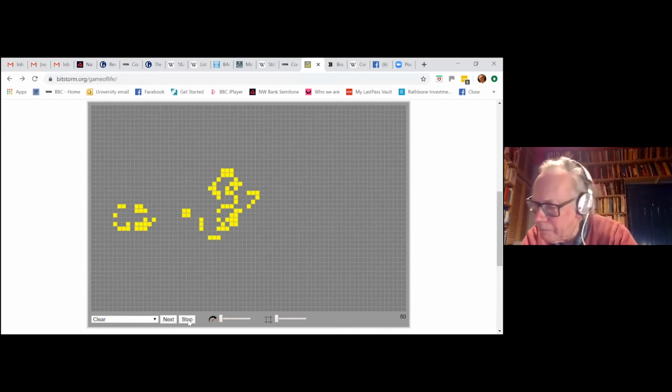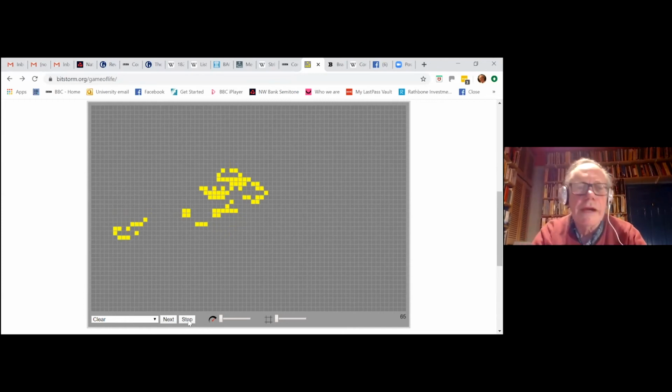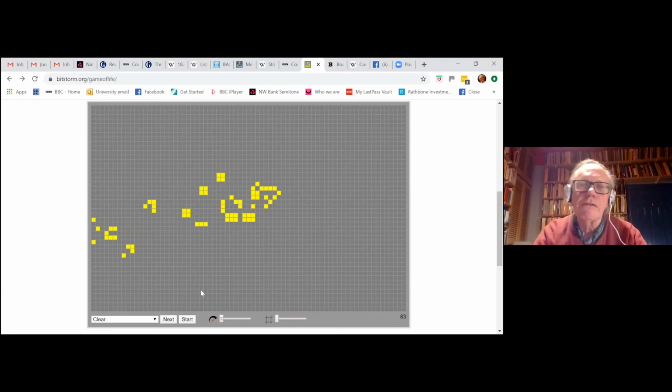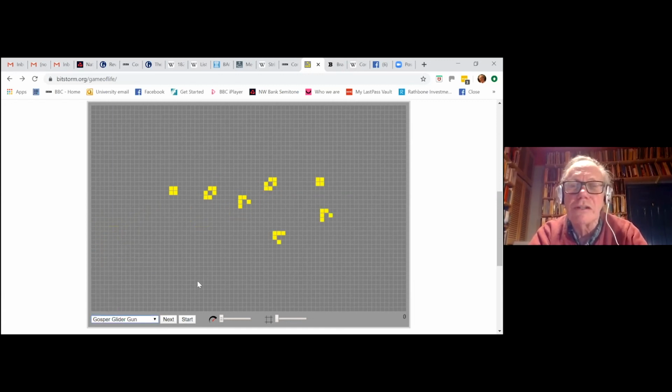One of the things that Conway conjectured, which is what mathematicians do, was that there was a limit to how many squares you could get in doing this. If you started with a small number of squares, you wouldn't actually finish up with more than some limit on the number of squares. But somebody at MIT towards the end of 1970, when this was invented, showed that this is impossible. So if you start with this unlikely configuration and run this,